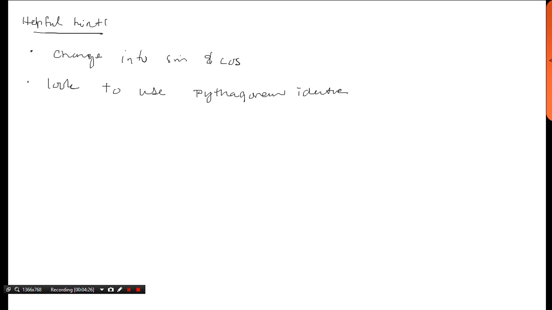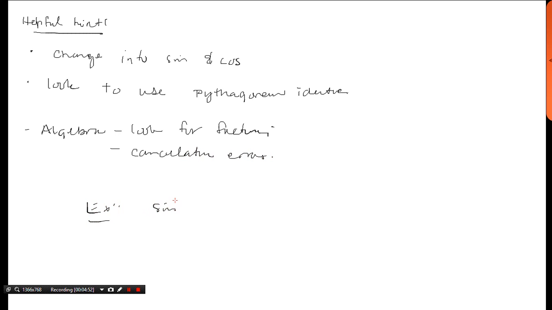And another big one is basic algebra. Okay, algebra. Look for factoring, like difference of squares and other things like that. And the big thing is watch out for cancellation errors. I see people all the time trying to divide, for example, sine squared theta over sine of theta, and they just tell me that these two go away and that gives you 1. Okay, no, note this guy up top